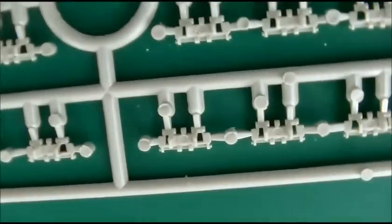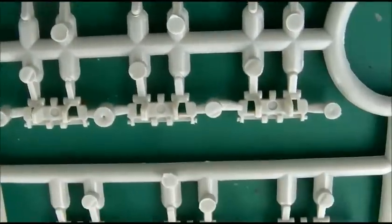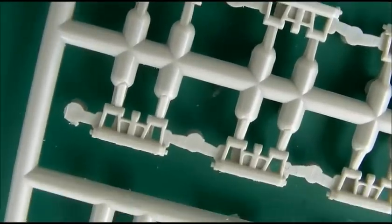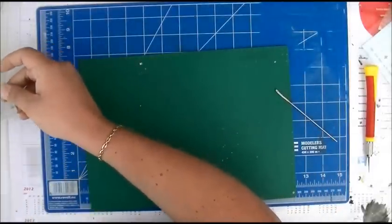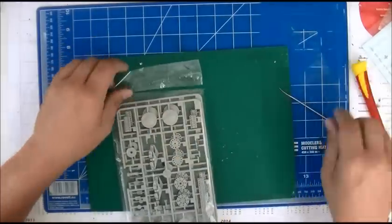As you can see, I hope the camera picks it up, you can see the EPMs in there. The other side. Nothing too spectacular, but then again, it's a simple vehicle. I got 3 of those, so put it back. Next up, I got the wheels, more track link parts,